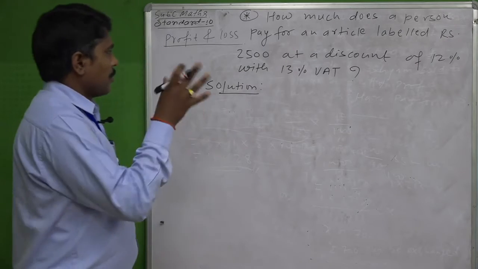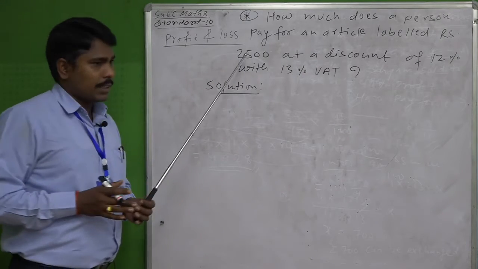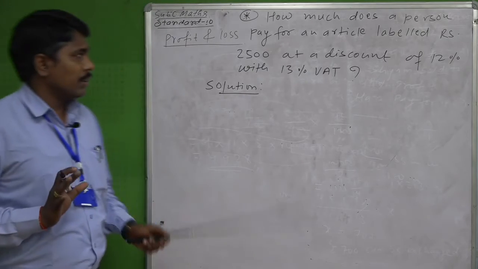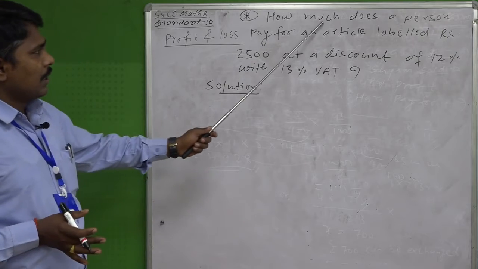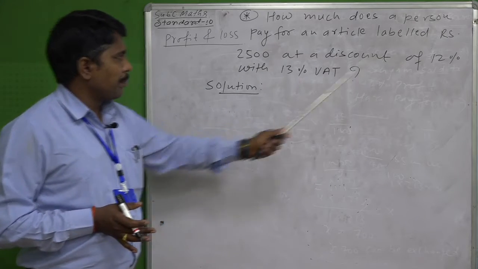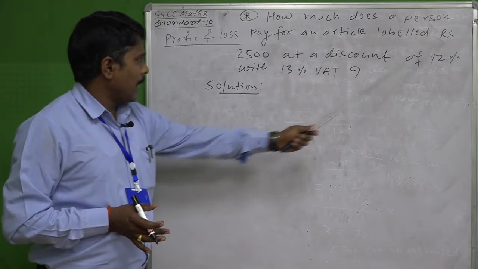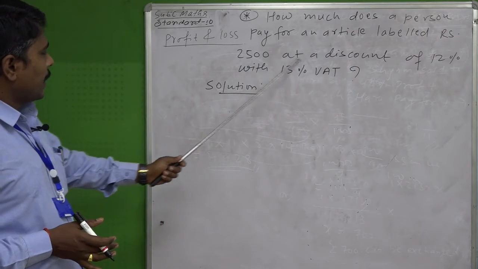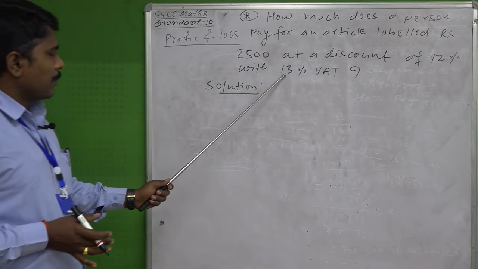Now these questions belong to the 4 marks type if asked in the examination, a long type question. It is a very easy question. How much does a person pay for an article labeled Rs 2500 at a discount of 12% with